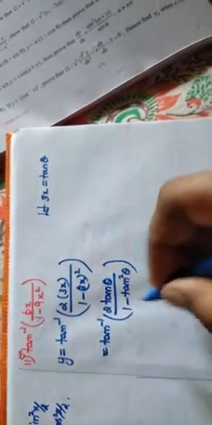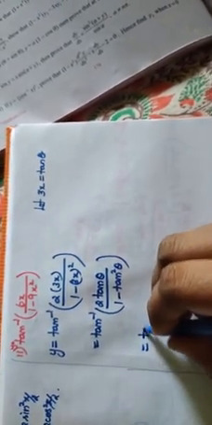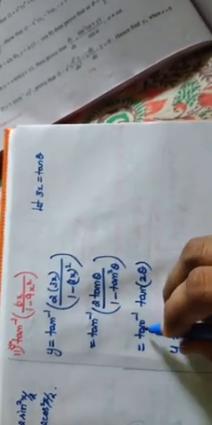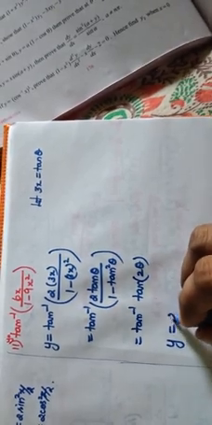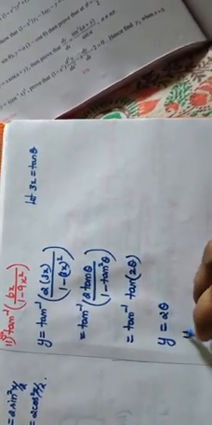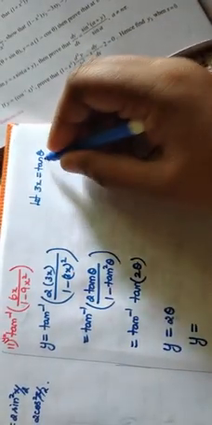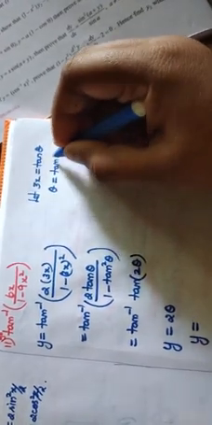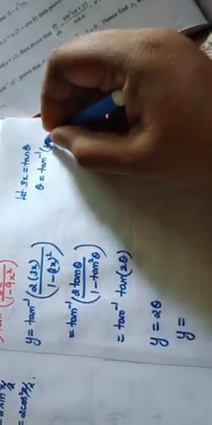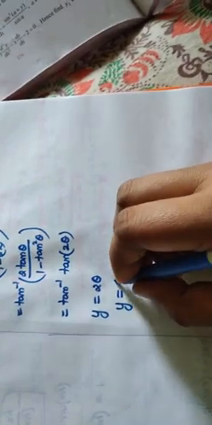Now give the answer for me. What is the formula for here? Tan inverse of tan 2 theta. Am I right? So y is equal to tan inverse of tan, which gets cancelled, so 2 theta. So y is equal to 2 theta, but it is not in the x function, so change it into the x function. What is our x function? Theta is equal to, bring it to this side, tan inverse of 3x. Now substitute here. So y is equal to 2 into tan inverse of 3x.